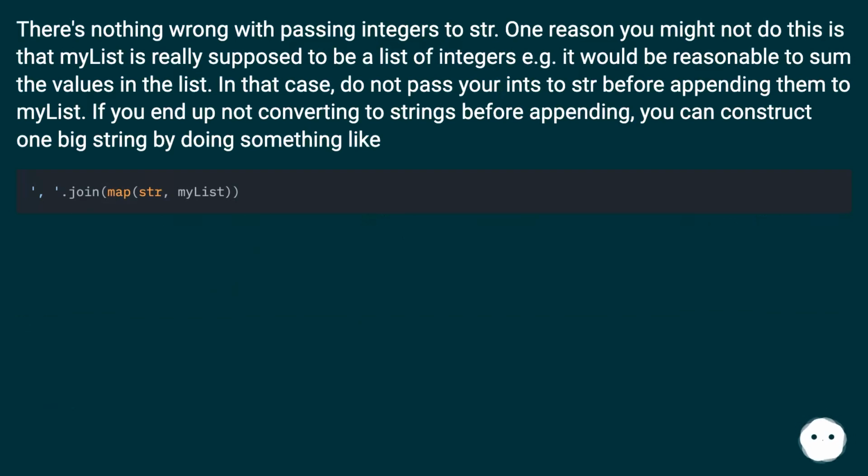There's nothing wrong with passing integers to str. One reason you might not do this is that my list is really supposed to be a list of integers, e.g. it would be reasonable to sum the values in the list. In that case, do not pass your ints to str before appending them to my list. If you end up not converting to strings before appending, you can construct one big string by doing something like